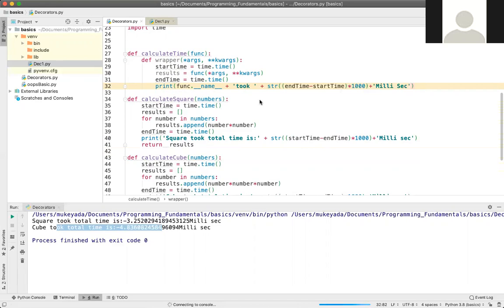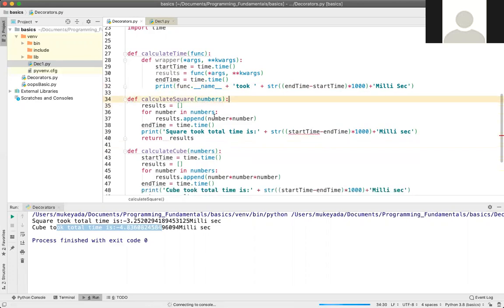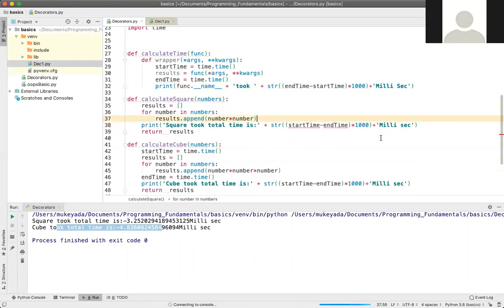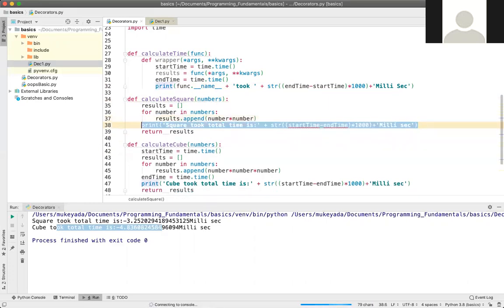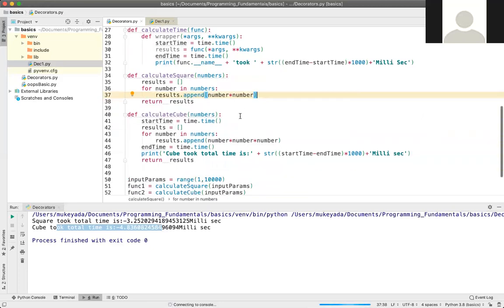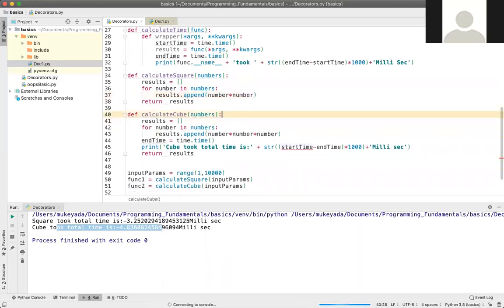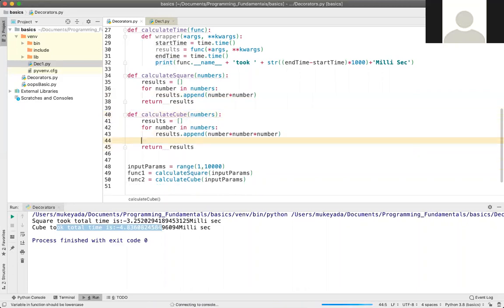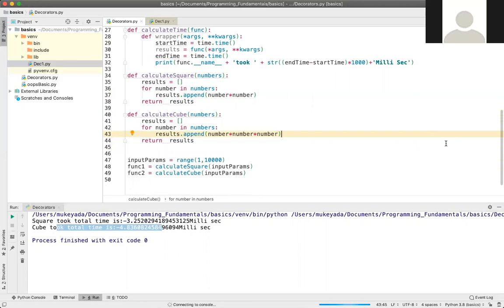Now just to get rid of the hard coded lines, here I can remove this line of code. Here I calculated end time, I need to remove even this print statement from here also, and here also these two lines I need to remove.